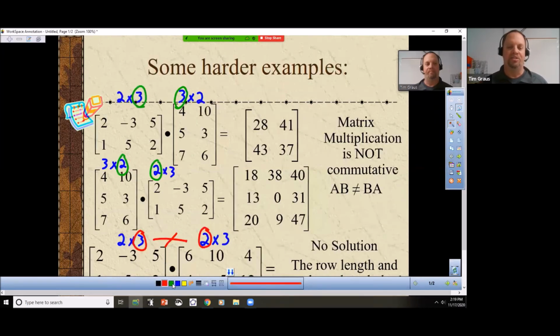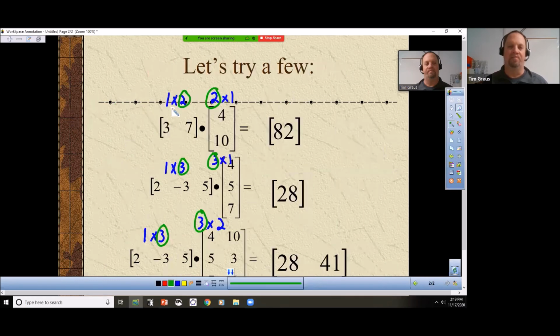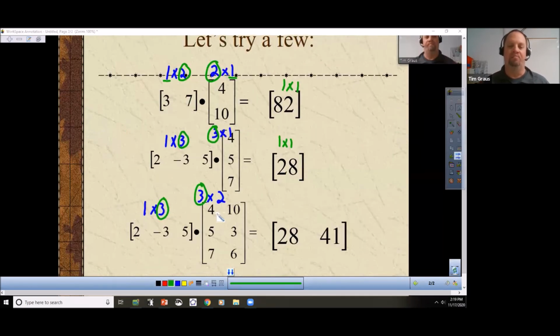Notice the outer dimensions on this one are 3 and 3, and our answer is 3 by 3. Oh, did you notice that? And these outer dimensions are 2 and 2, and our answer is 2 by 2. We go back to our earlier examples. This answer was 1 by 1, exactly what those outer dimensions are. This answer was 1 by 1, exactly the outer dimensions, and this answer was 1 by 2, exactly those outer